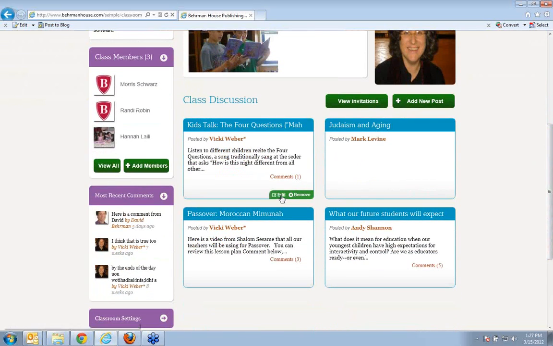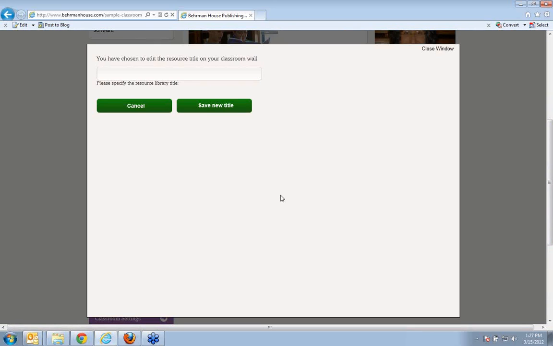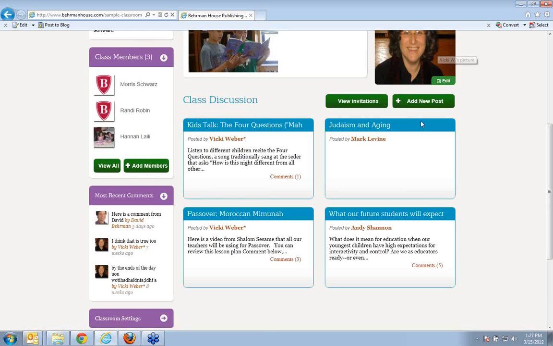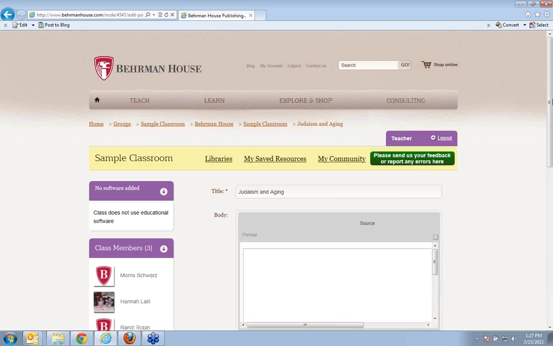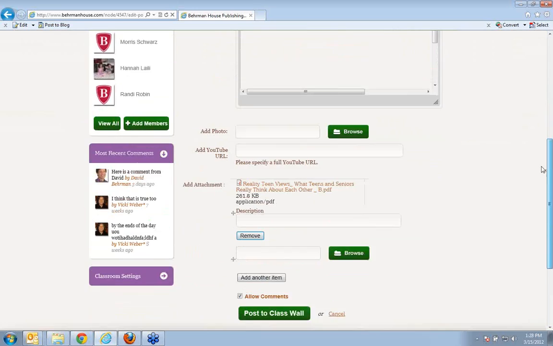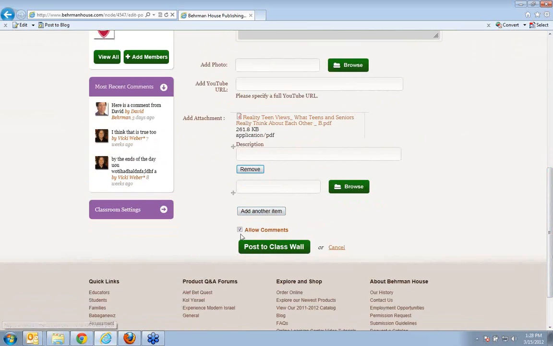The other thing that I can do whenever I add a comment or add a post to the Online Learning Center, I can give them permission to comment or not. So down at the end, at the bottom of any post that I create, I can check or uncheck allow comments. So these are two ways that I have to control the kind of discussion that goes on in my